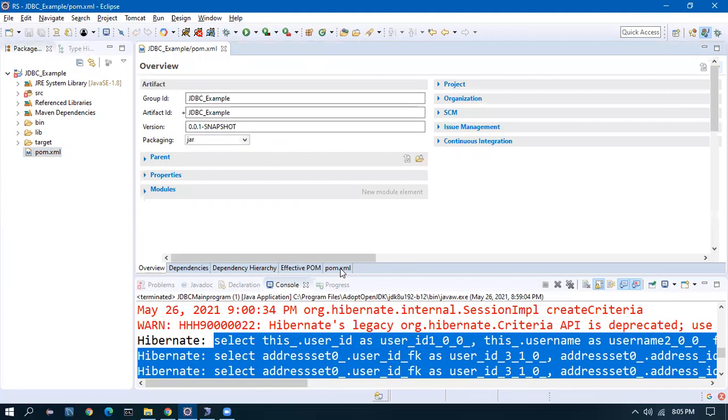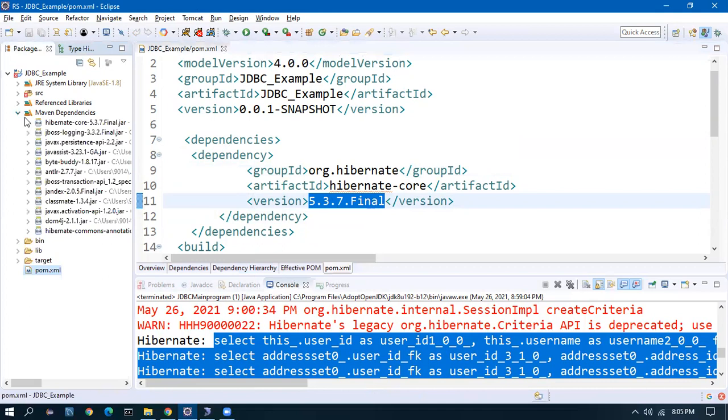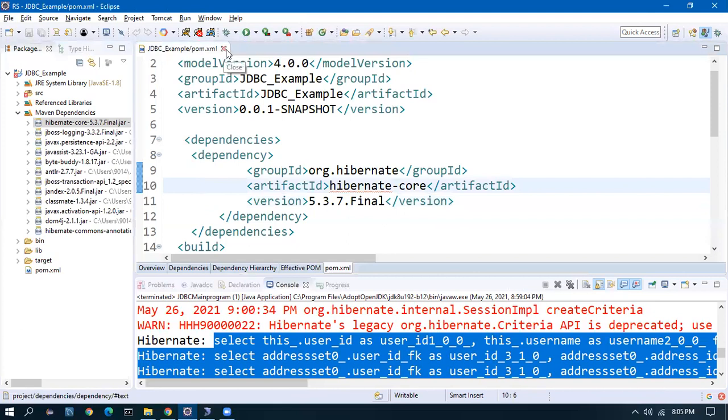That is the first step. Here it is, Hibernate core. So I gave this dependency. It will search for the org.hibernate artifact, which is a jar file. The 5.3.7 jar will be downloaded here. And the supporting jars, if required, will be downloaded. Otherwise, that will be taken care of by Maven. So that is the first step.